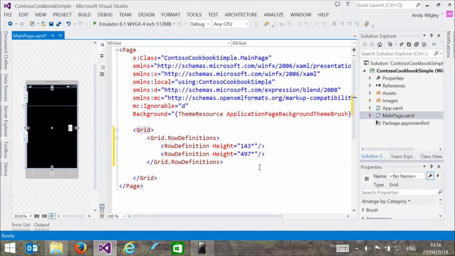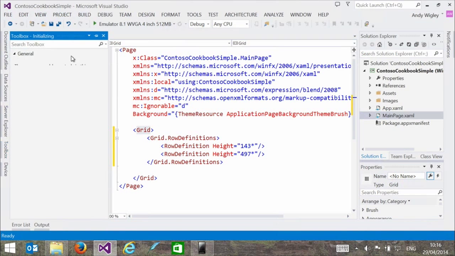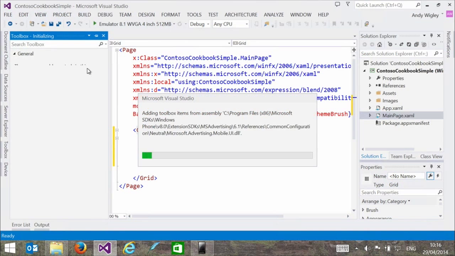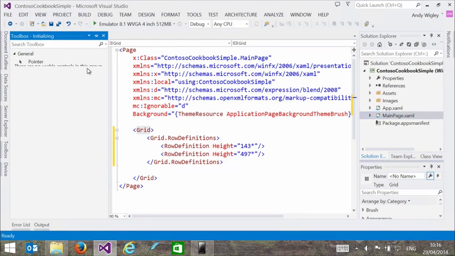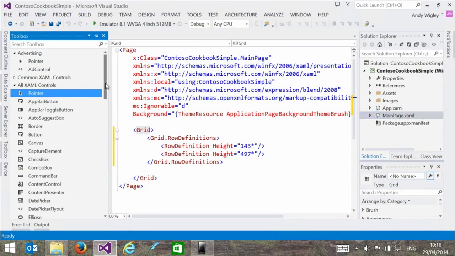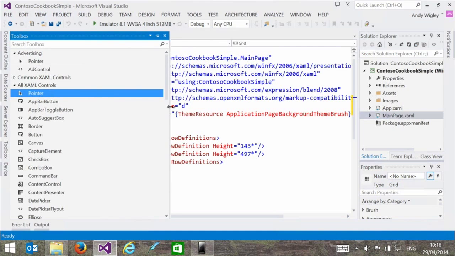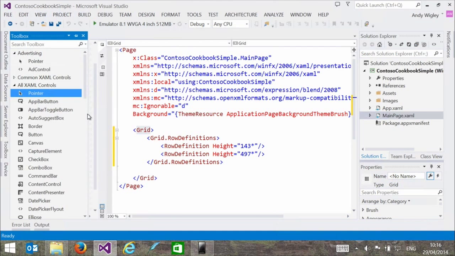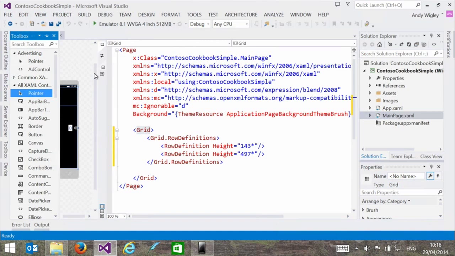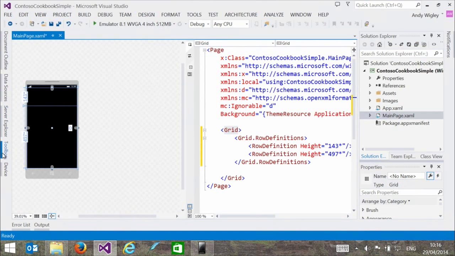So we're going to design the page header area first up here. So I'm going to go off to my toolbox. Let's just pin that in so we can see it. And for some reason, it's adding in some items. There we go. Okay. Oh, hang on. Let's get our designer visible so we can make it a bit easier to work with. Okay.